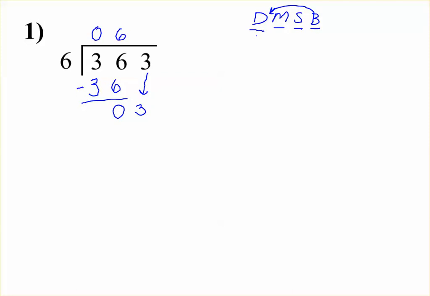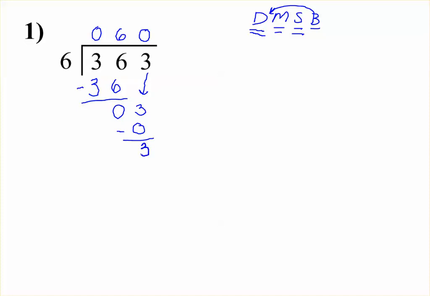So now we say to ourselves, I have a car and it has 3 seats. How many groups of 6 can I fit into a car with 3 seats? We can fit in 0 groups of 6, okay? So what we just did is we just divided. We said 0 groups of 6 can fit into a car with 3 seats. Now we're going to multiply. 0 times 6 is 0. Now we're going to subtract. 3 minus 0,